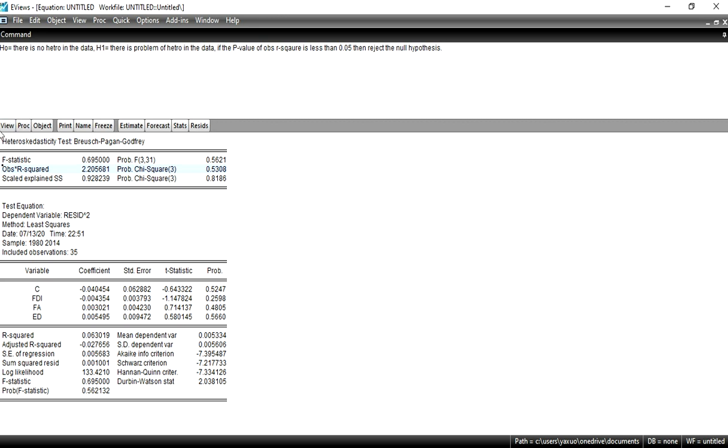And in our case our probability value of observed R square is greater than 0.05, which means that we have to accept the null hypothesis, which indicates that there exists no problem of heteroscedasticity in our data.